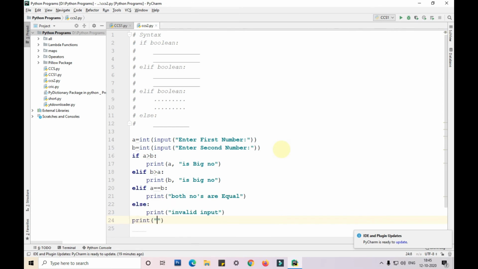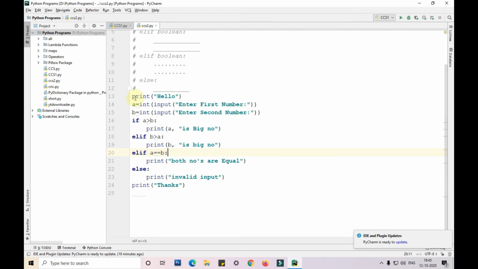Print thanks. Print hello. So here I have printed first statement as hello, taking two inputs, that is first number and second number,